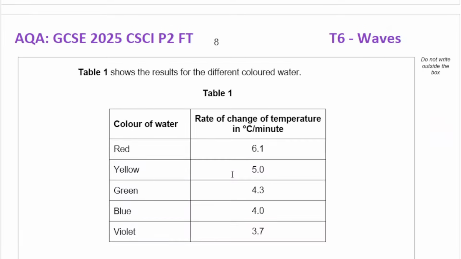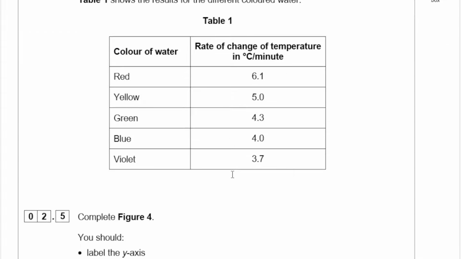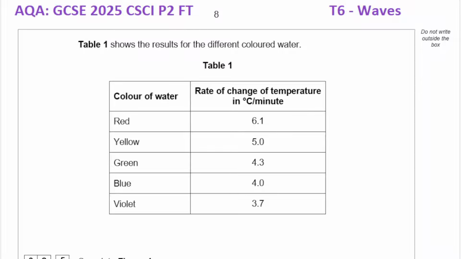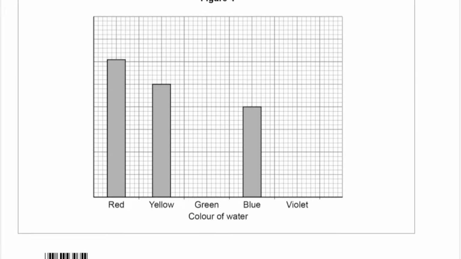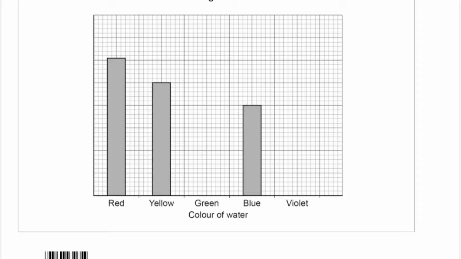Table 1 shows the results for the different colored water. So you have red, yellow, green, blue, violet. Rate of change of temperature in degrees Celsius per minute. Complete figure 4. You should label the y-axis. Add a scale to the y-axis. Draw bars for the green water and the violet water. So let's have a look at the bar graph. They've already given you red, yellow, green, blue, and violet. They're asking you to label the